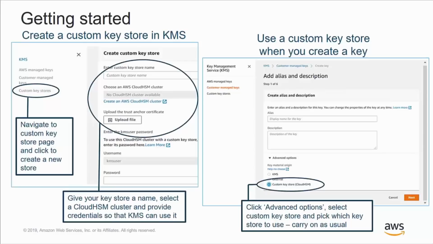Once you've created a custom key store and you're now looking to create master keys in KMS, you'll click on Customer Managed Keys. Custom key stores only support customer managed keys. You can't use a custom key store to protect an AWS managed key. If you click on Advanced Options after you've entered an alias or a description, you'll see the ability to either import a key, as we described earlier, by checking the external box, or by checking the custom key store Cloud HSM box. You can choose to use a custom key store. And then in the next step of the key creation process, you'll be asked to select which custom key store you'd like that key to be generated and stored within.